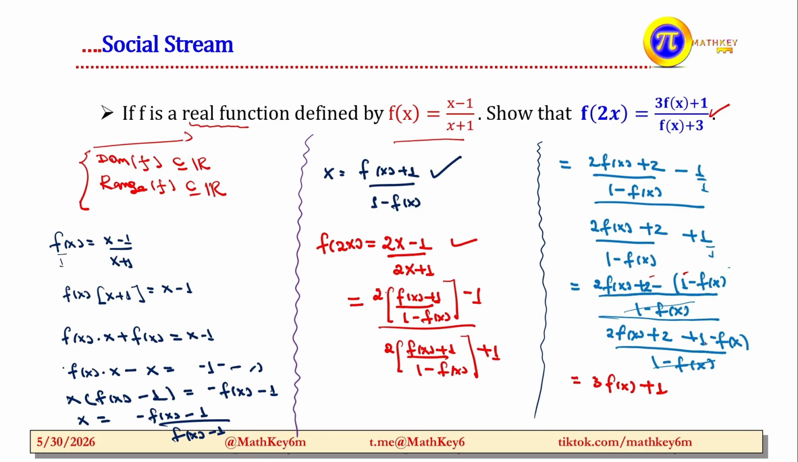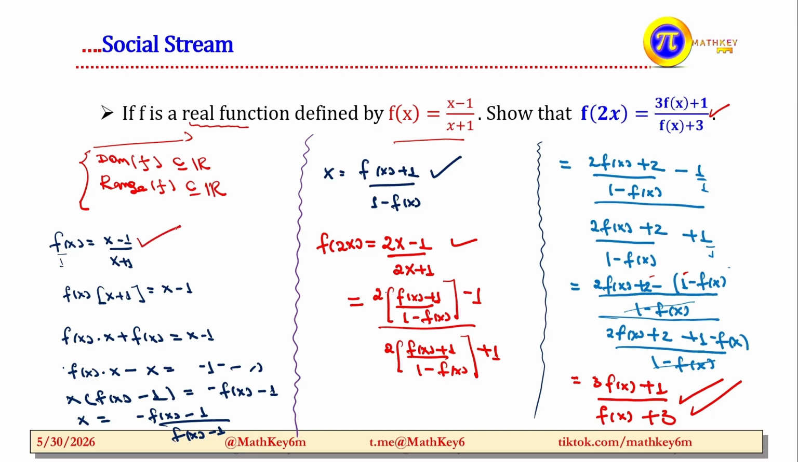Then 2f of x minus f of x means what? That is f of x. Then 2 plus 1 is what? That is 3. So what you want to show? This means 3f of x plus 1 over f of x plus 3, we can compute and show it. So the first thing we do is you have to express f of x in the form it is given